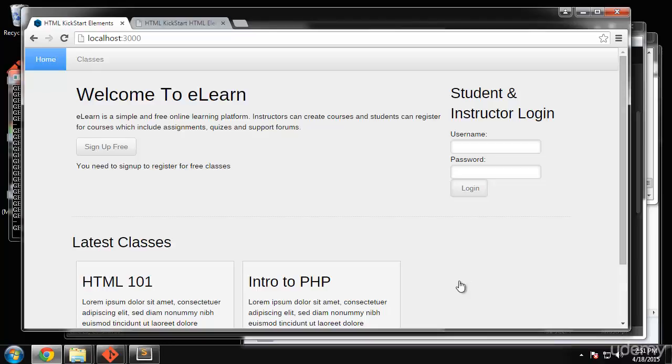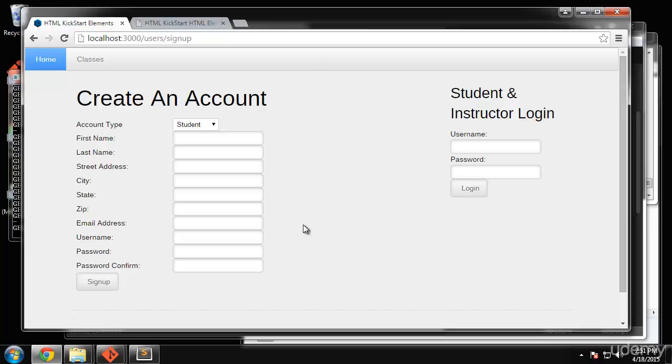Alright, so now we're going to get into the instructor side of it. So basically what I'm going to do now is just sign up, because the account that I have currently is a student, so we need to sign up as an instructor. Alright, and for the name I'm just going to say John Doe. Street address, we'll say 40 School Street,